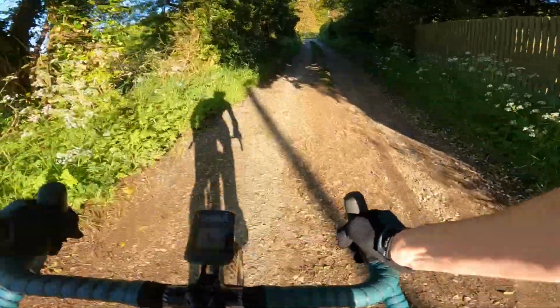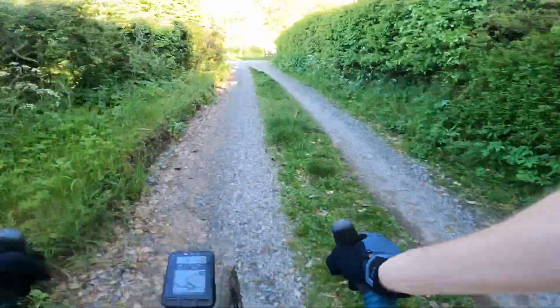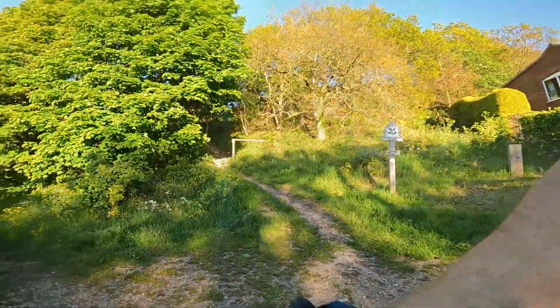Up here, onto a bit of contouring trail all the way back to Cromer via the golf course. We've got a single track roll down most of the way to Cromer, I think, with a lovely sea view as well over the back of Sheringham there, but don't get too distracted by that because obviously